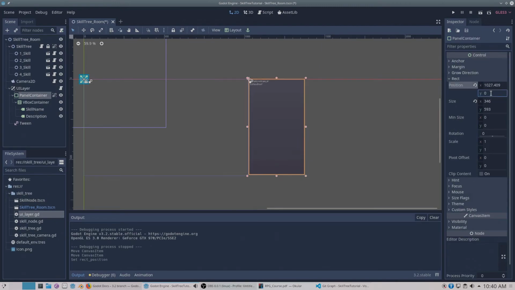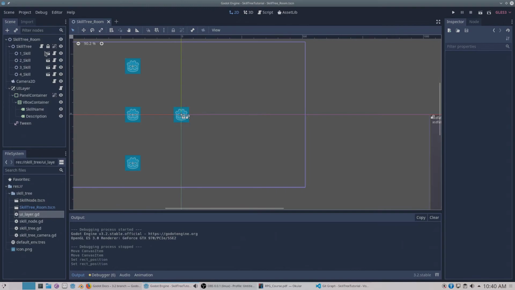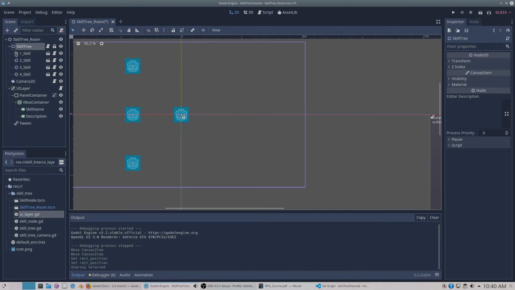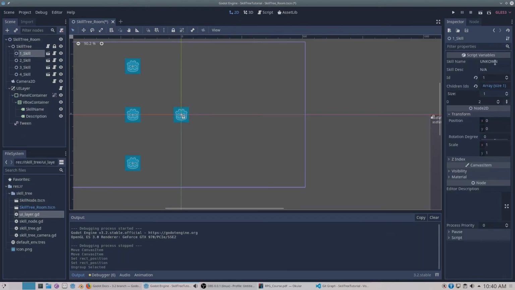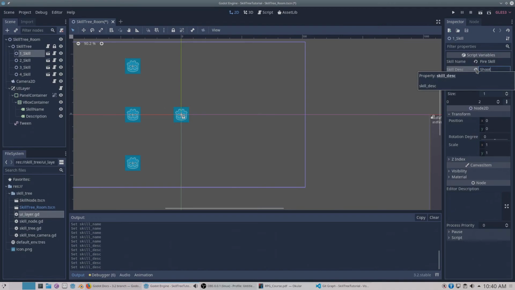It was 0 and 130. Yep. This is nothing, but it's okay. And now we can just select this and say, okay, this is my fire skill,